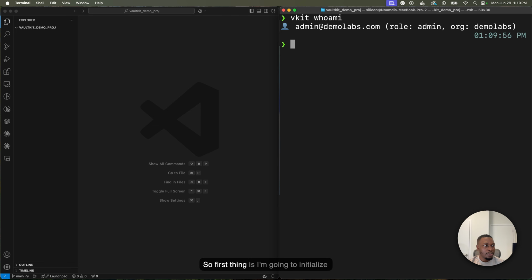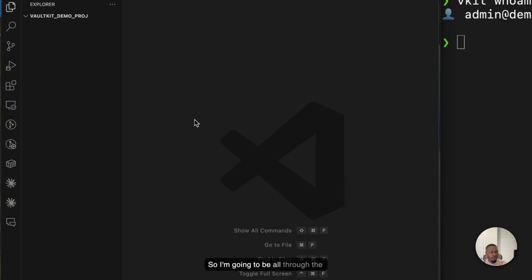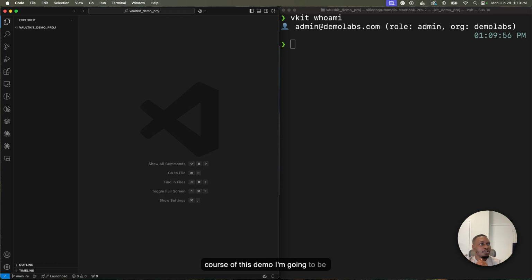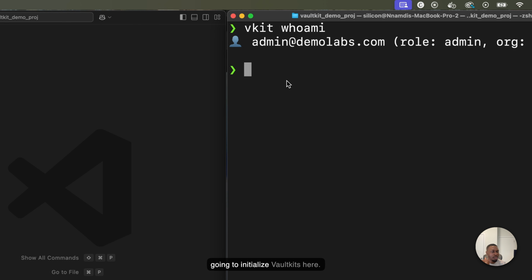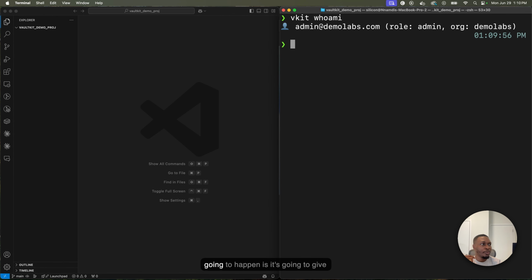So first thing is I'm going to initialize VaultKit. This is a blank project, and the folder is empty. For the entire course of this demo, I'm going to be using this project folder for everything. Right now, nothing is there, it's blank. So I'm going to initialize VaultKit here, and when I run the initializer, it is going to give me the basic VaultKit policy pack that I call the starter pack. All right, so when I do vkit init,